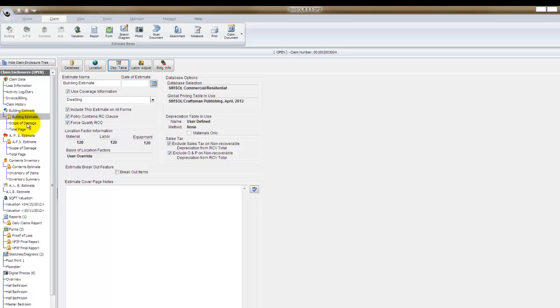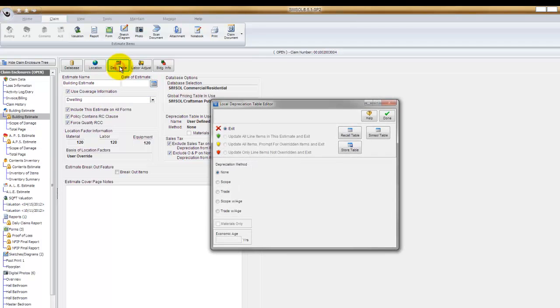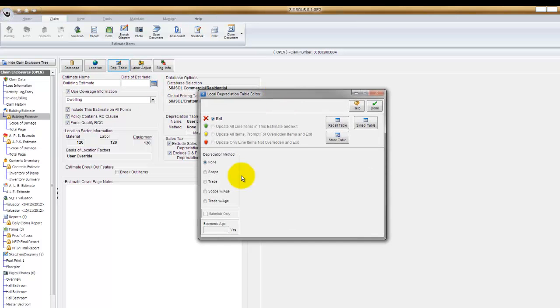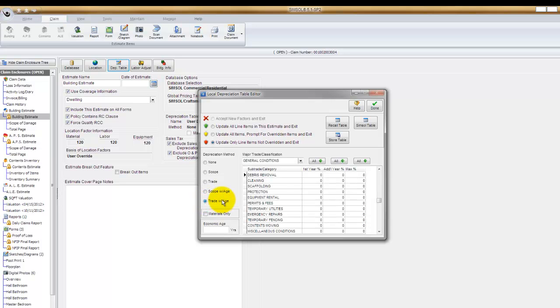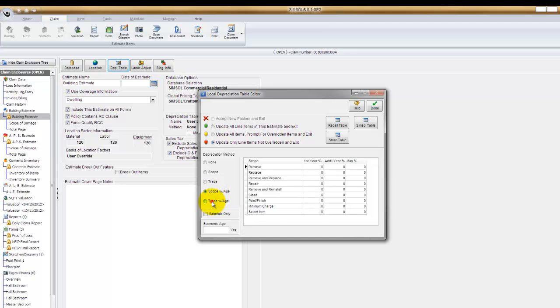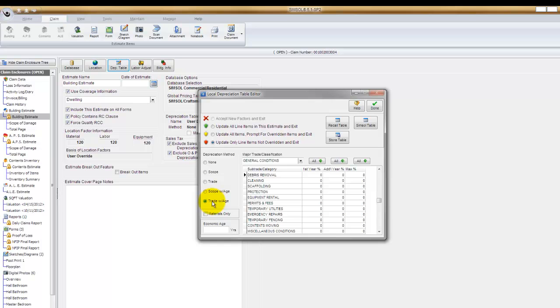So what I would do is come up to Depreciation Table Editor once again, and just like before, I would pick one of the different methods here to depreciate by: scope, trade, scope with age, and trade with age. Now, herein lies a problem with using these two methods after you've written the estimate, scope with age or trade with age. Like I stated earlier in this video, the economic age needs to be set up before you start writing the estimate